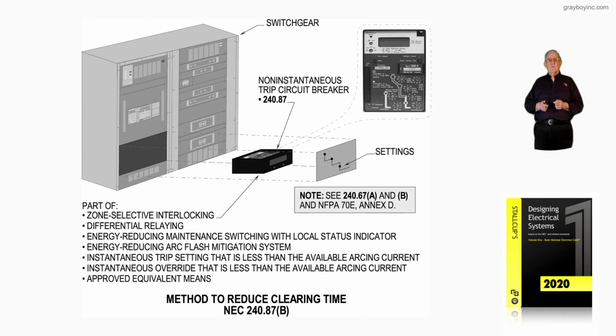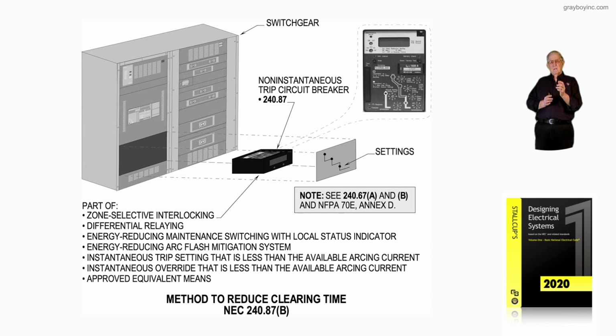But here we're just using a non-instantaneous trip type circuit breaker. You can put the instantaneous trip in, so it monitors all that. But you can also crank it out. So basically it provides, a manner of speaking, two paths, an instantaneous path and a low setting path that will not allow the current to feed the electrical arc for a long period of time, but a very limited short